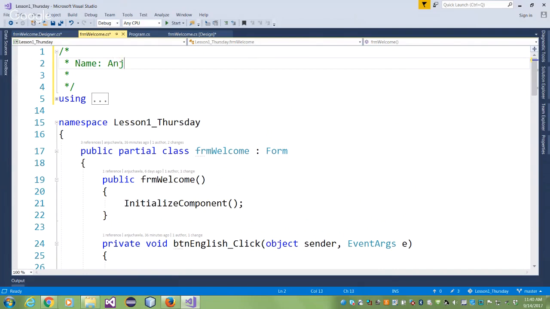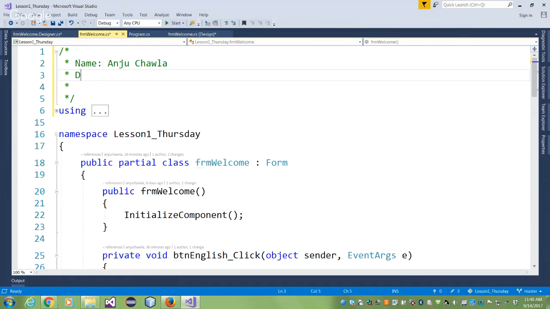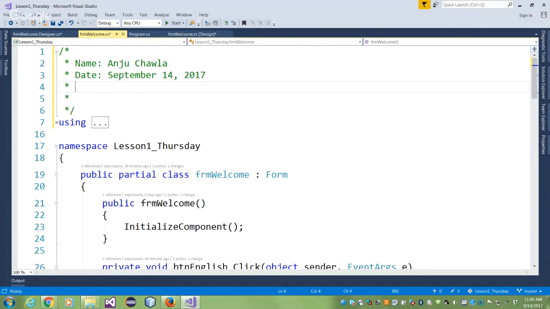Okay, so I want to see your name, the date. So this is September 14. You can just say the month. It's not a big deal. And the purpose, which is important. The purpose of your script, not assignment 1, not assignment 2. That's not the purpose. The purpose of your script. So the purpose of my script, this application is, this application